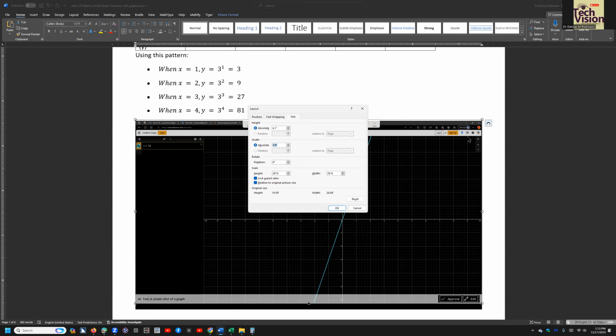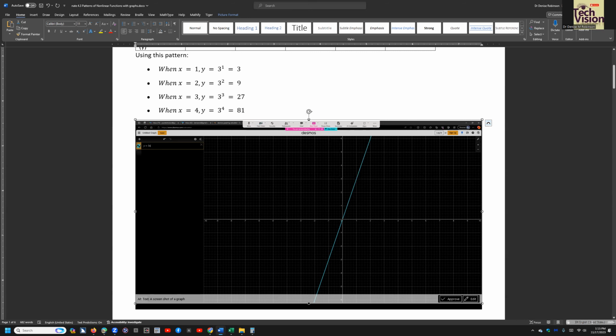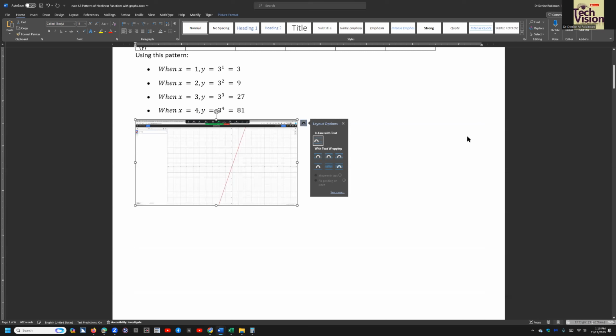Tab. Absolute width edit combo 7.5. It's huge. 3.5. Period 5. And then rotation edit combo, enter. A screenshot of a graph in line with text. In line with text, and escape, a screenshot, escape, Nate 4.3 patterns of